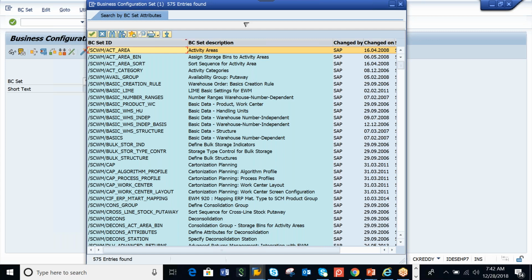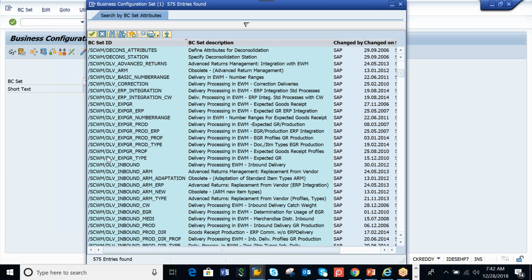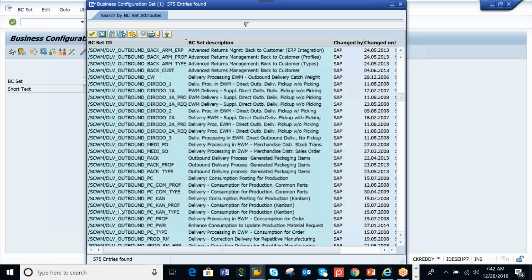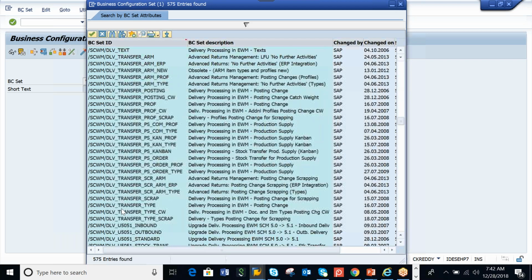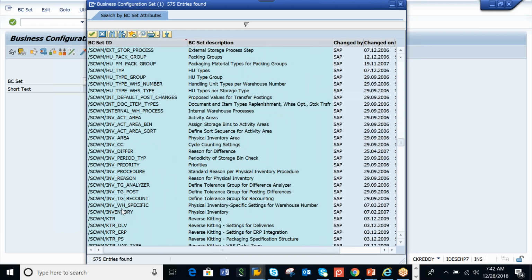While going through this, we can observe here. Now see here, DLV star, all the DLV stars are there. All the DLV stars are meant for warehouse independent only. Warehouse independent, DLV star, delivery wise, inbound, outbound, and so on. Internal processes, stock transfer, posting changes, dangerous routes, whatever it may be. Now coming to define warehouse,